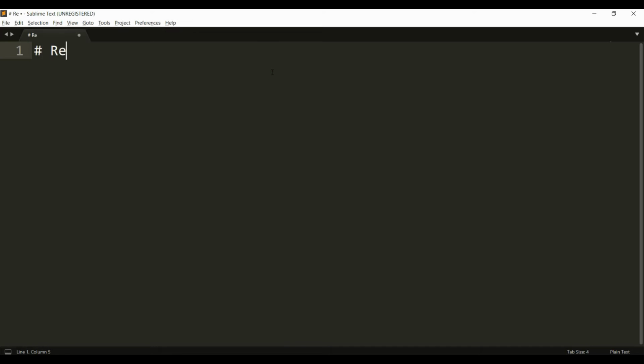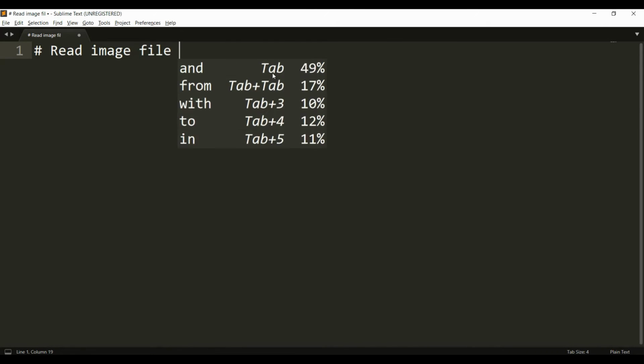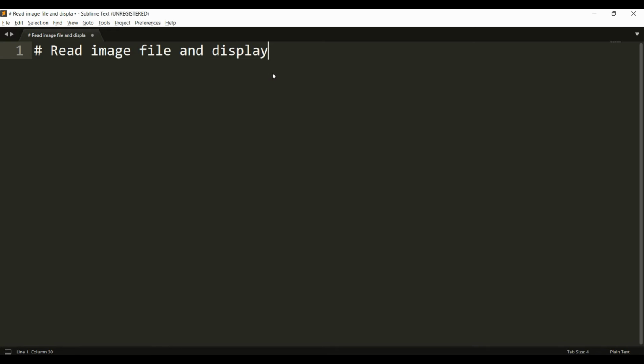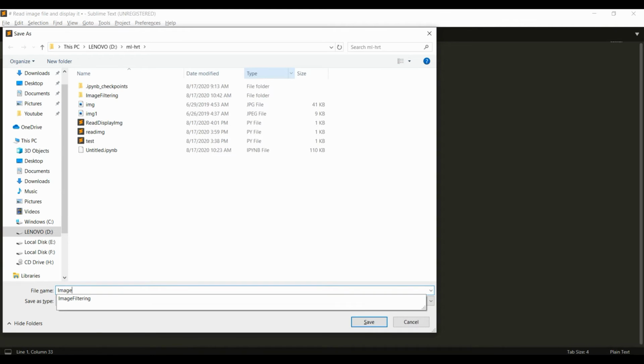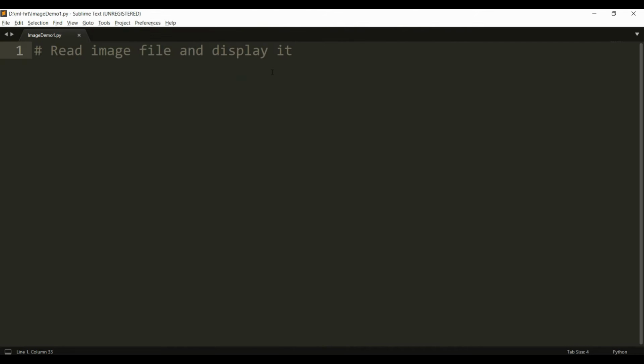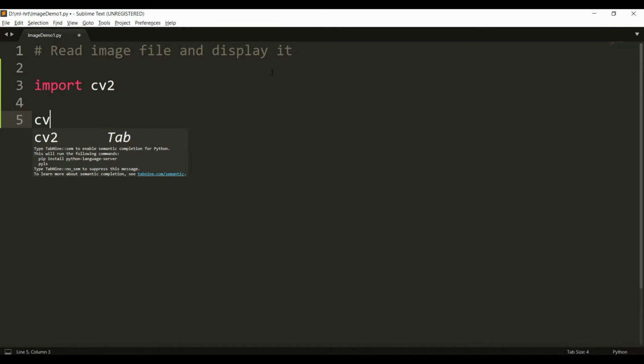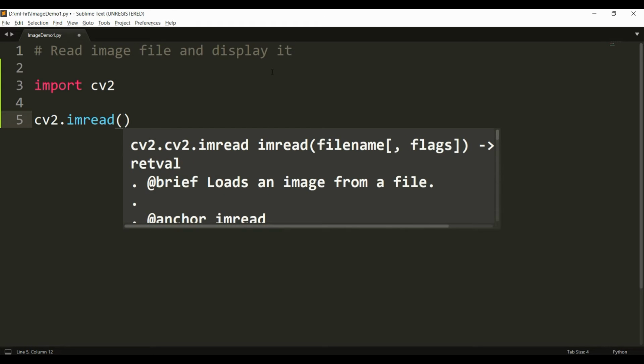We'll read the image file and display it using a Python script. Image demo1.py. So here first of all I'm going to import the necessary library cv2. Now the cv2 library has a function called imread, to read the image.